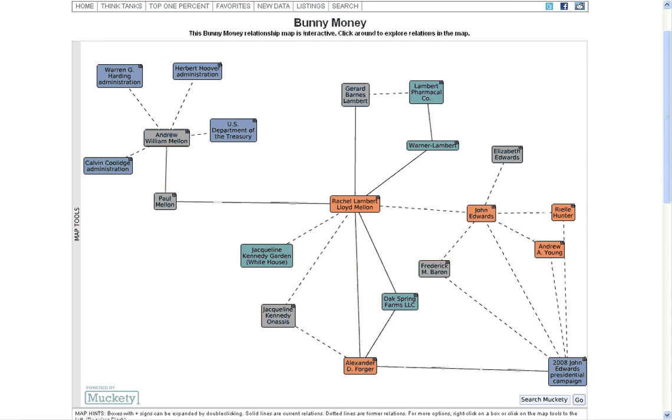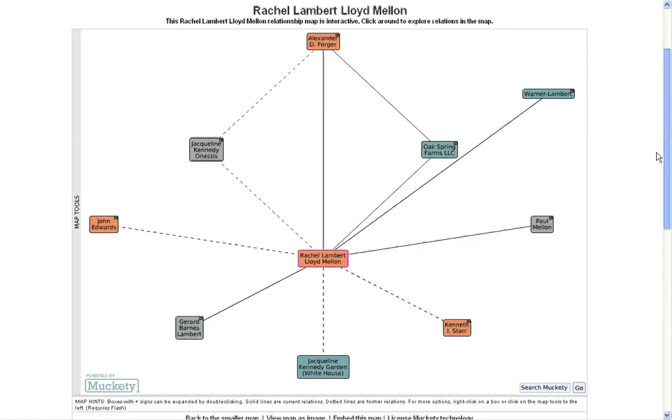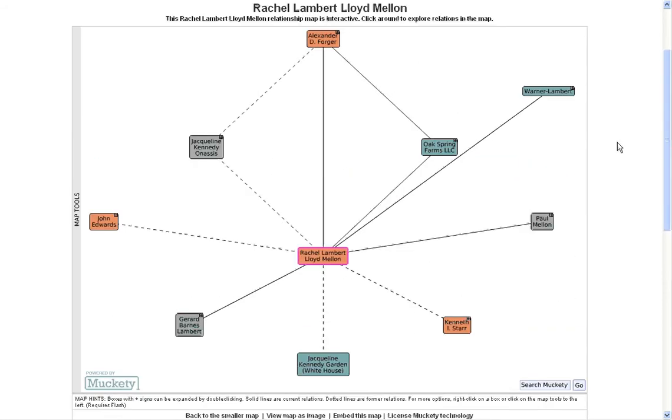We started by searching for Bunny Mellon on the Muckety website. Her real name's Rachel. So we received this page, and you'll see from the map most of the boxes have a plus sign in the upper right corner. That indicates that if you double click on them, there are more relationships to be seen. Bunny doesn't have a plus sign because the map is already showing all the direct relationships that we have for